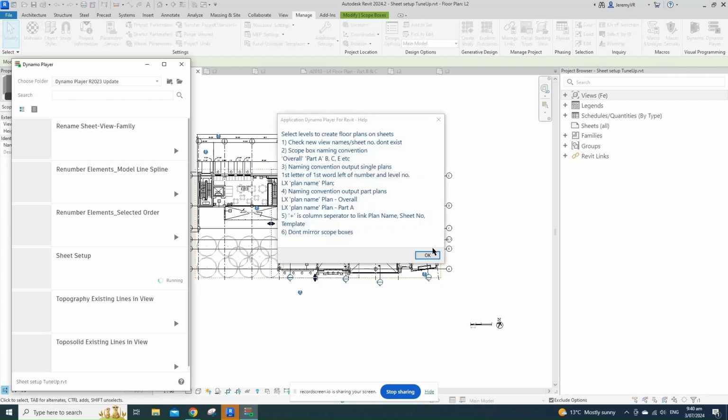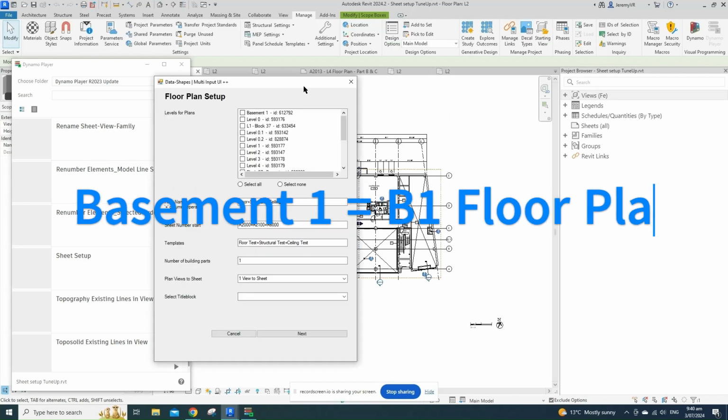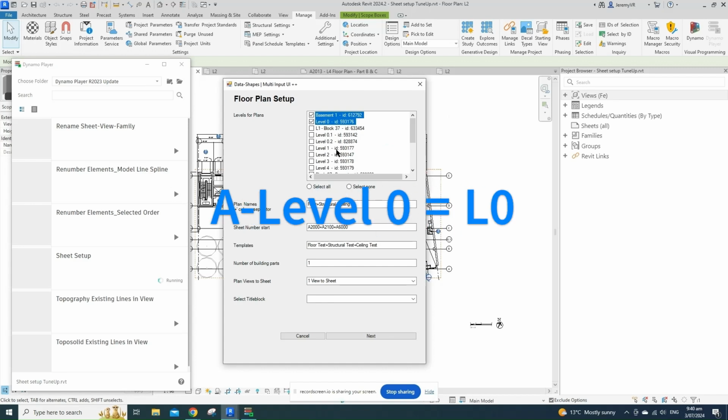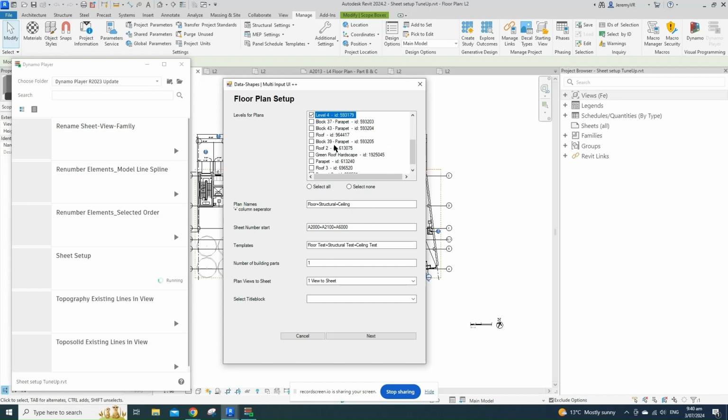Start the script using the play button in Dynamo Player. We'll get a help window with reminders of naming conventions and things like not to mirror scope boxes. The naming convention uses the level name you select. It gets the first letter of the first word to the left of the number and uses the plan name you decide on below. Where we add our plan name, sheet number, and template, this works on a column system